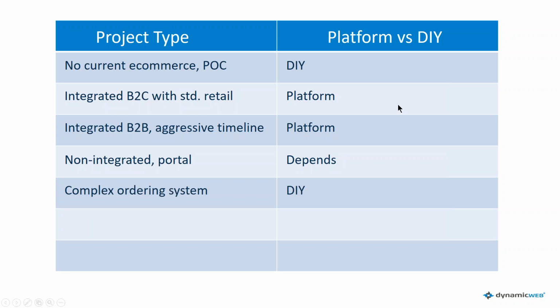Jump down too much here. Okay, so complex ordering system. Okay, this is where,